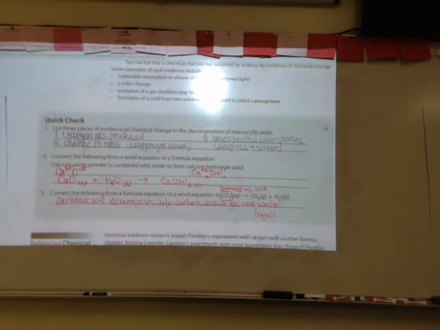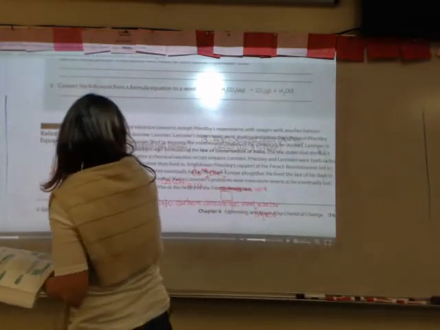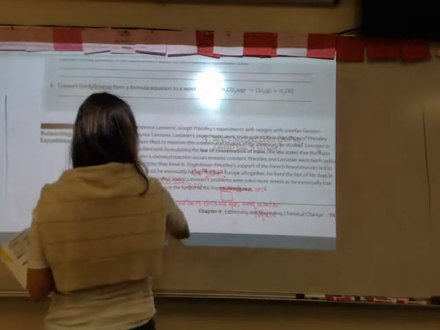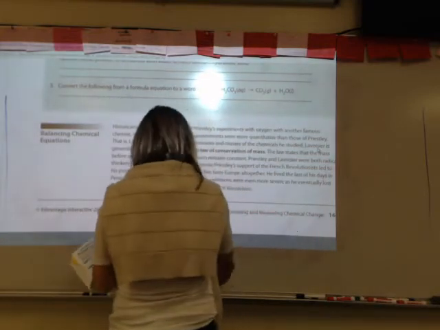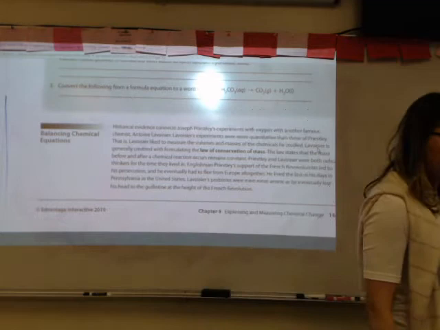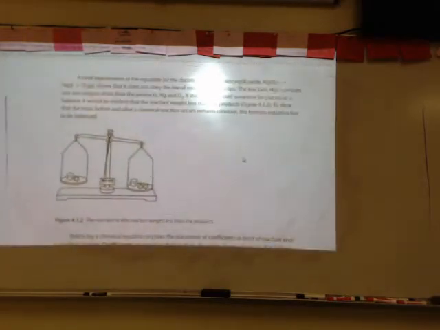Now let's move on to balancing chemical equations. Antoine Lavoisier liked to measure the volumes and masses of chemicals that he studied. He is credited with formulating the law of conservation of mass. This states that the mass before and after a chemical reaction occurs remains constant. And if we turn to the next page,